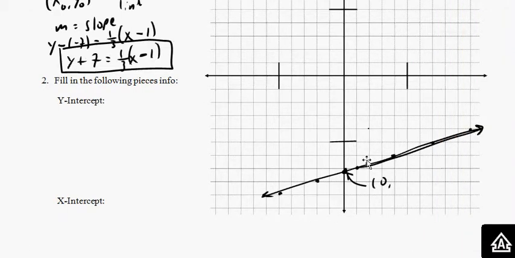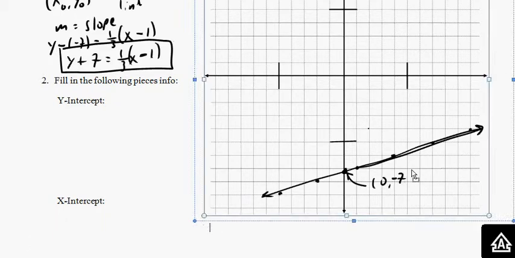So the y's have to change by 1/3, and that means that this point would be (0, -7 and 1/3). Now, in order to find the x-intercept, it's not so easy. We can't just look at our graph and find out what the x-intercept is, because the x-intercept would be off our grid. But we do know the equation of the line